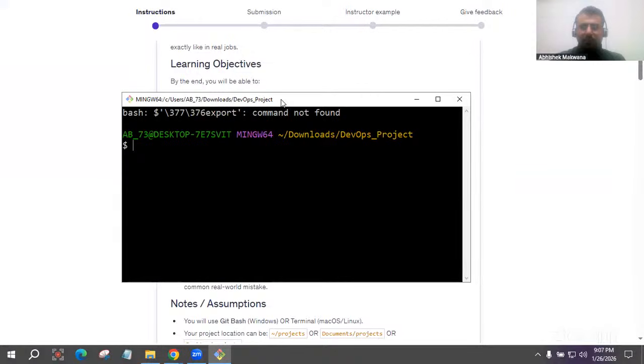Praveen sir, this is visible, right? The font is